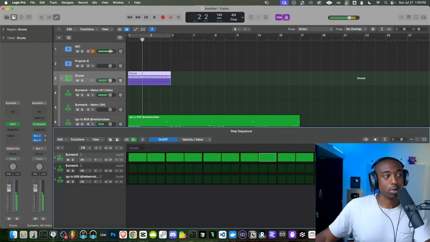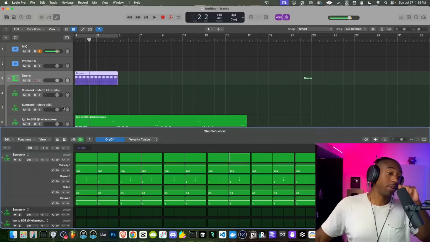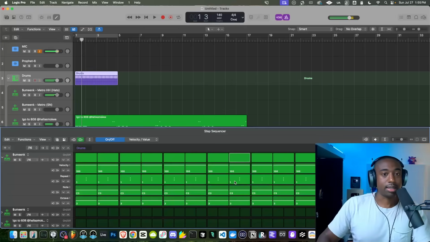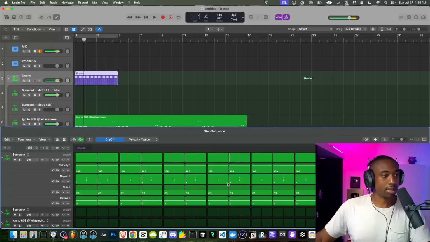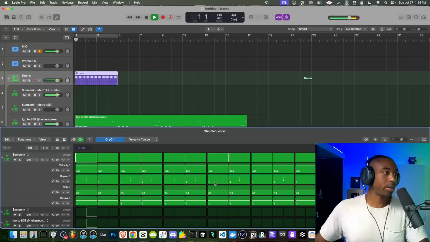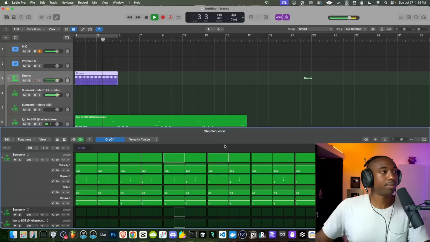Now, if we want hi-hat rolls, we can click the drop down here. This is what I love about Logic Sequencer, is you can get really fine-tuned. So let's say I want to go ta ta ta ta ta ta ta ta like that. Let's go back. 1, 2, 3, 4, 1, 2, ta ta. So what we can do here is under note repeat, where it says repeat, we can click here and make it 2 notes, 4 notes, 3 notes, whatever. And we can create a little simple bounce.